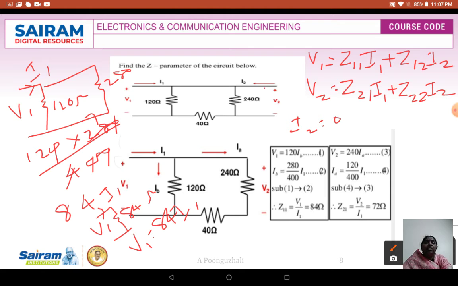Next is your Z21. Z21 is what? In this, if I make I2 0, V2 by I1 is equivalent to Z21. So how to get this Z21? Z21 is nothing but your voltage V2. V2 is nothing but the drop across your 240 ohm resistance there. So how to find the drop across this 240 ohm resistance? V2 is equivalent to